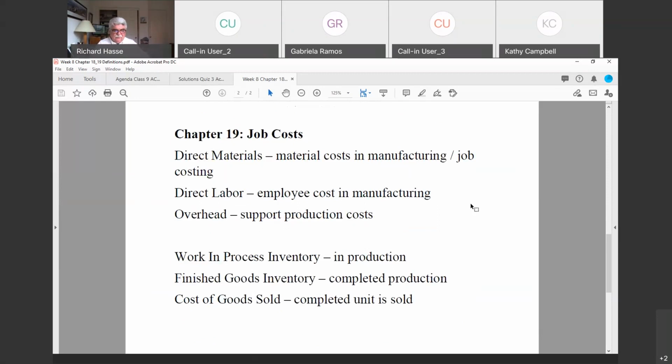Variable costs are also materials and labor. And then there's overhead. Overhead could be a cost that's fixed. Overhead is to support production costs like assembly foreman, rent on the building. Depreciation is considered an overhead cost. So these costs are associated with the production of the products.